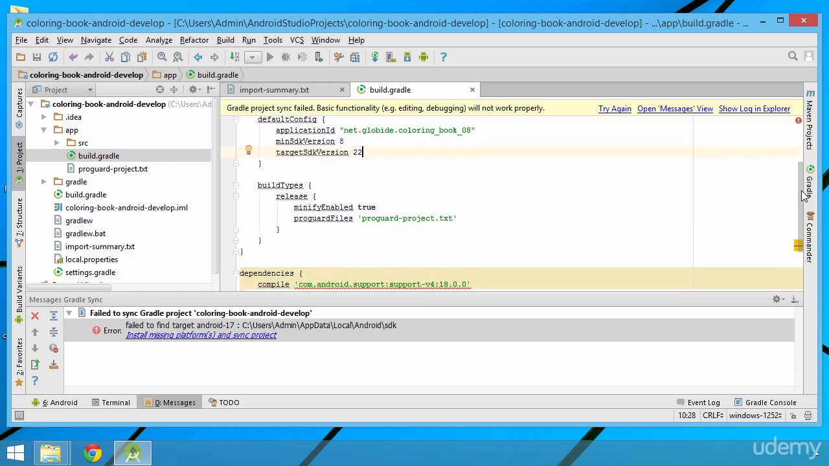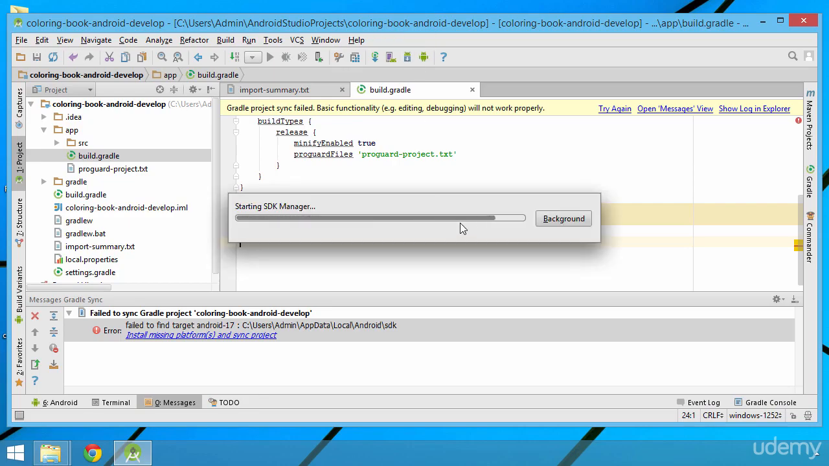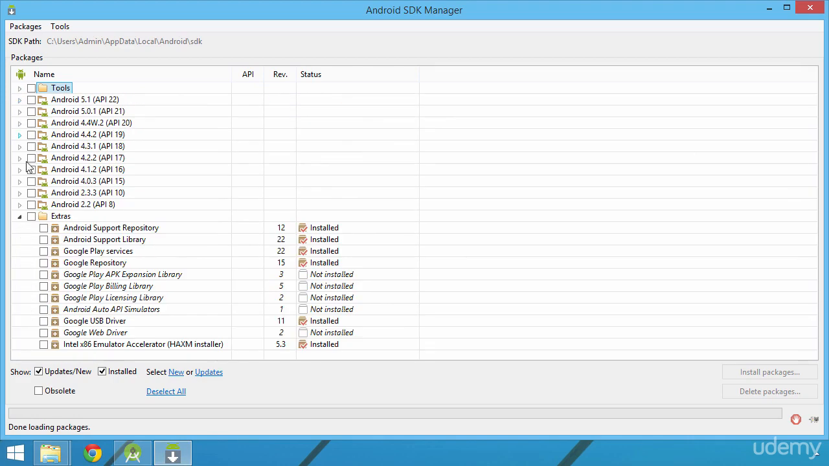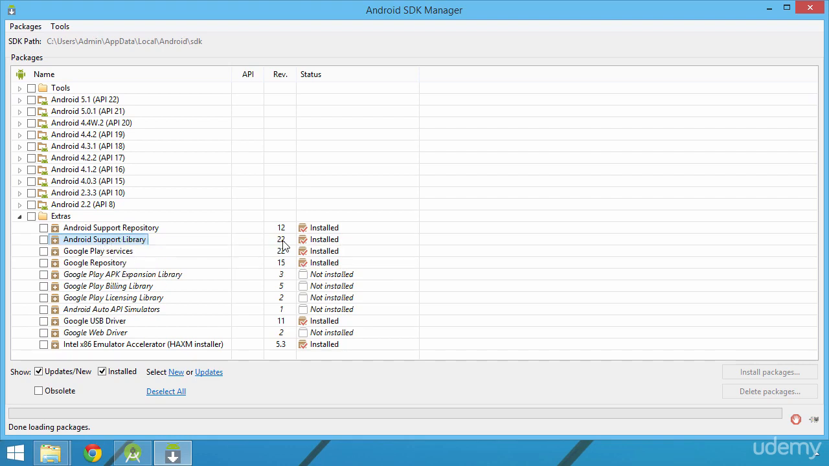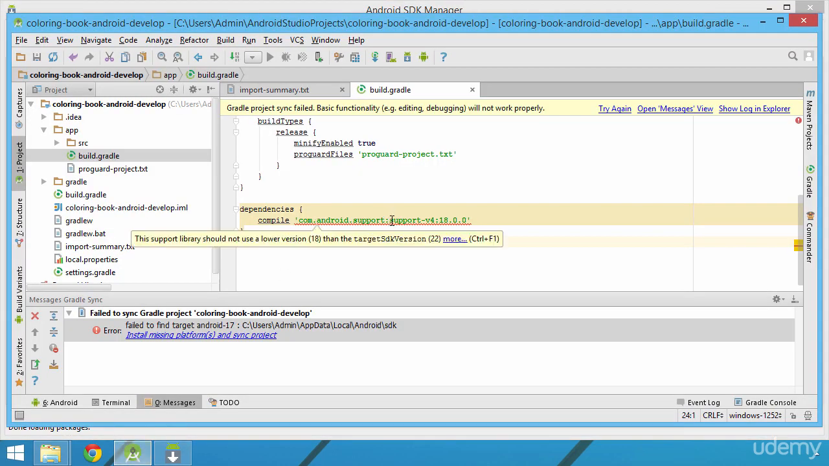If we scroll further in this file, we can see that our project is using the Android support library, version 18.0.0. Let's take a look at the SDK manager and see what version of the Android support library we have installed in our system. By opening the SDK manager and browsing the extras folder, we can see that the version of the Android support library is 22. So back to the build.gradle file, we will change the 18.0.0 value into